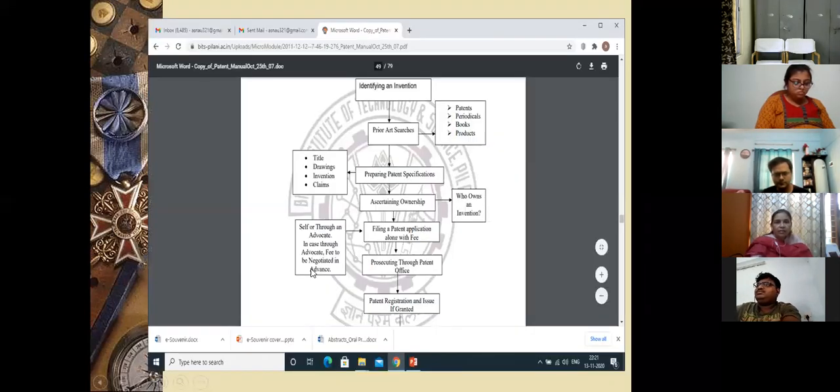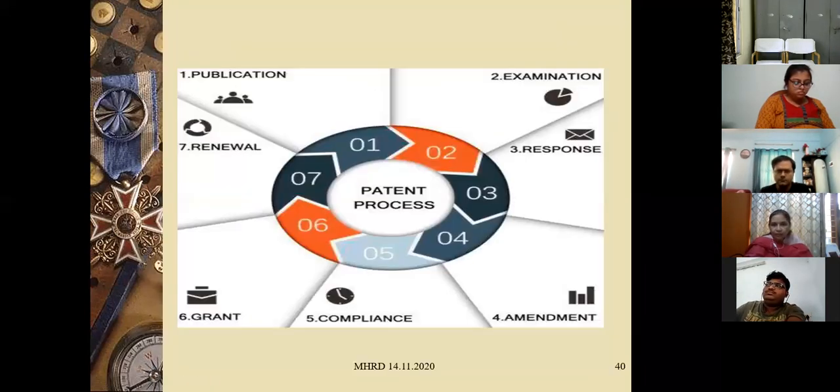And this is the process of filing a patent. Now, this is a better figure. Once you publish an article or your discovery, you can file for protection so that nobody copies it, and then you can still get a patent. But once the whole details of your formula and everything have been revealed, then there's no point in applying for a patent.